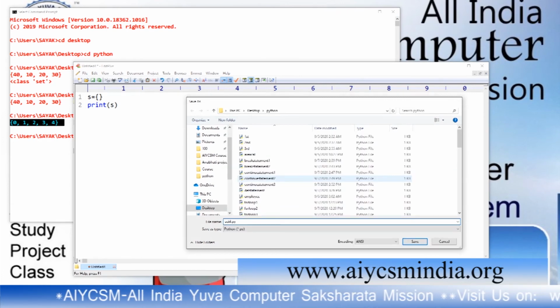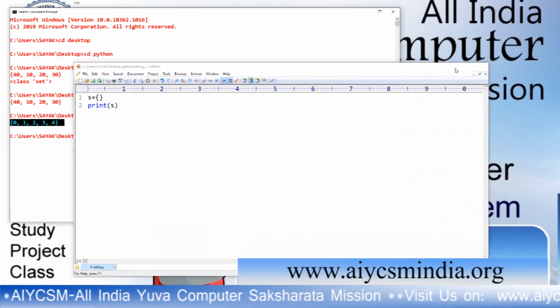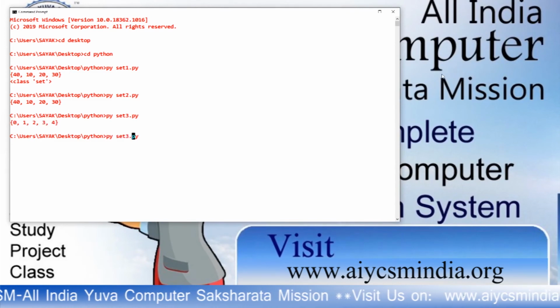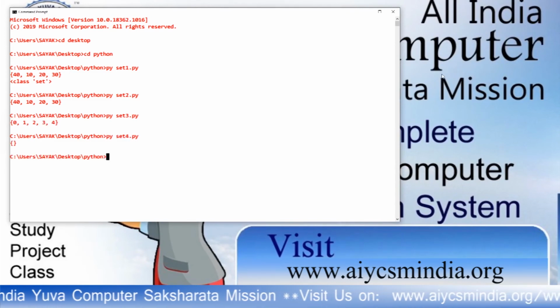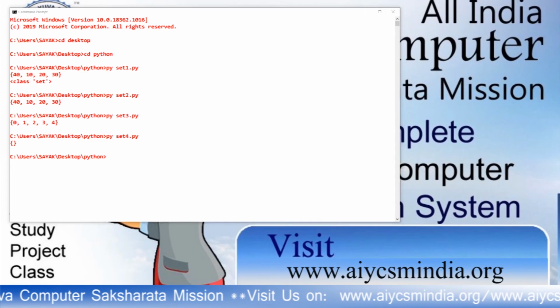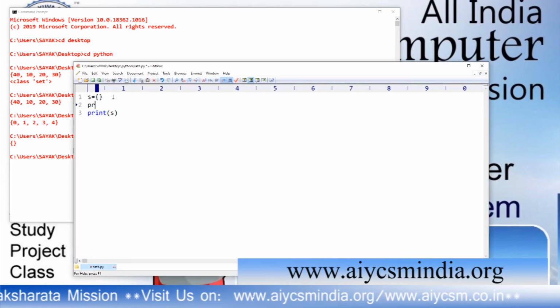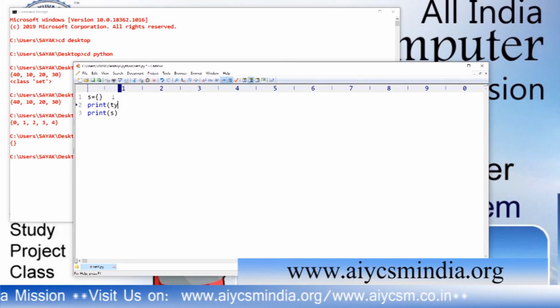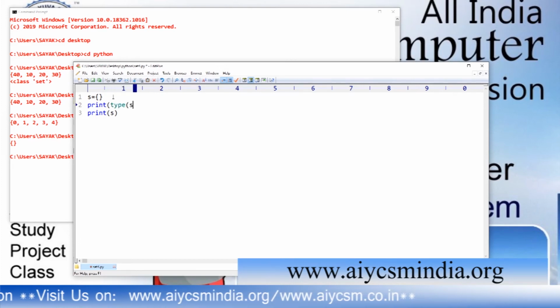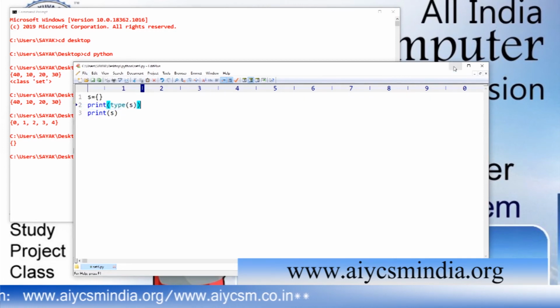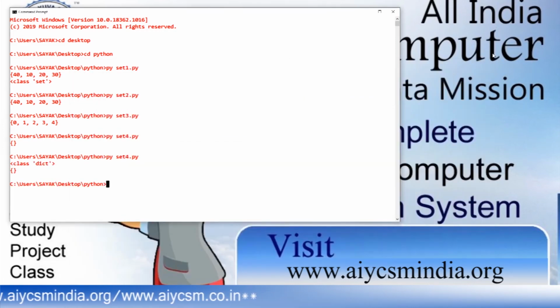Save it as set4.py. Now print the type of S. You will see the type of S is dictionary. Run it from the command prompt, and you will see that it is a dictionary, not a set.